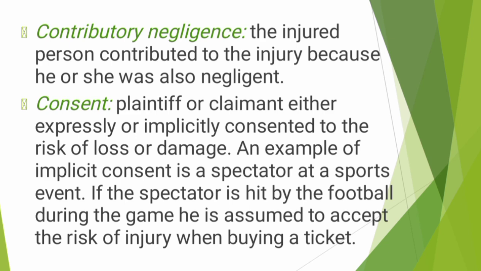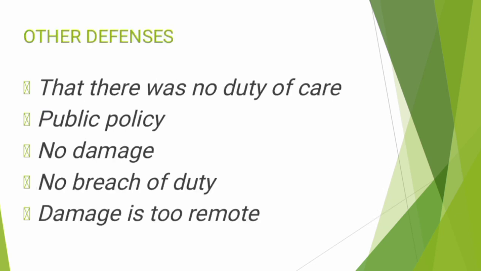Also, an example of implicit consent is a spectator at a sports event. If a spectator is hit by the football during the game, he is assumed to accept the risk of injury when buying a ticket. So you are in a football pitch, then the ball hits you, then you say, no, they have to compensate me. No, by the time you were buying a ticket and getting into the stadium, you had consented that you're going to watch the football. So those are the defenses that you use in the